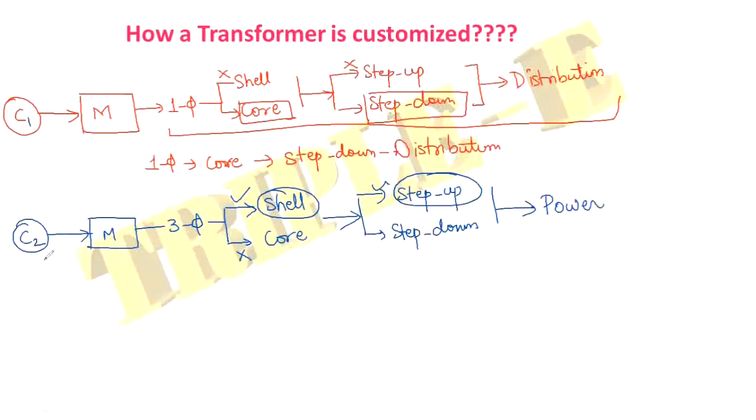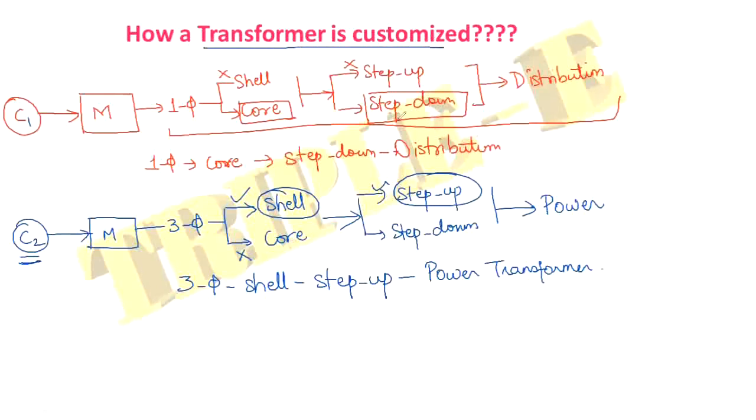Finally, based on the specifications provided by customer 2, the manufacturing company is going to customize this transformer as a three-phase shell type transformer, which will be used to step up the voltage as a power transformer. As I told you, power transformers are basically used for transmission systems. This is just an example to make you understand how a transformer is customized for its design based on the customer's requirement. So now I will